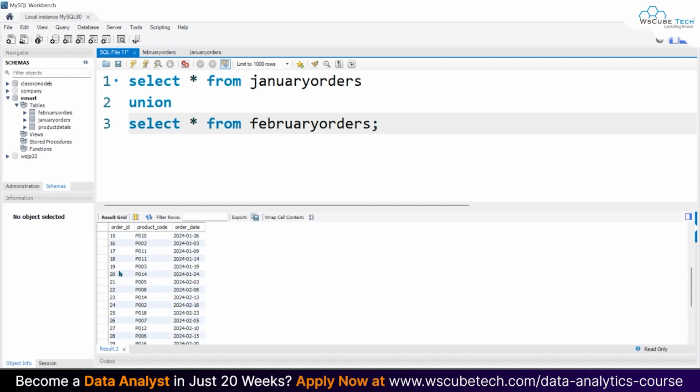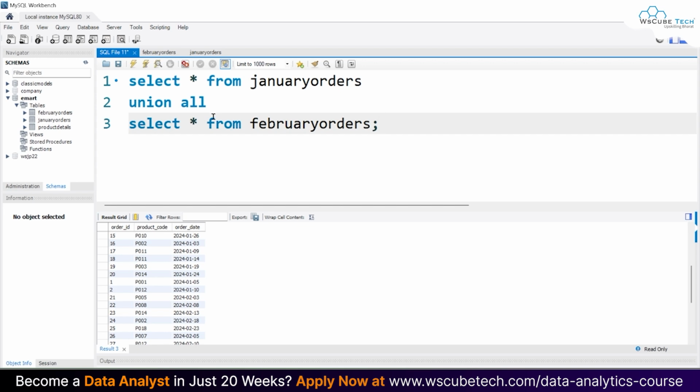As you can also see over here, after 19, 20 it is really 21. That means the duplicate values are not here. Union is not allowing duplicate values. But what if we want the duplicate values as well? In that scenario we can use union all. Instead of union we can use union all if you want to obtain the duplicate values as well. So here it will go 1 to 20 and also it will have 1 and 2, which were there in the February orders as duplicate values. So if you want to keep the duplicate values, use union all. If you do not want to keep any duplicate value, you can use union.